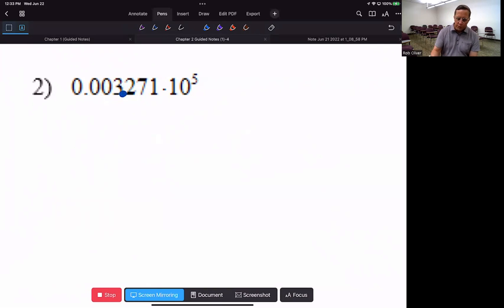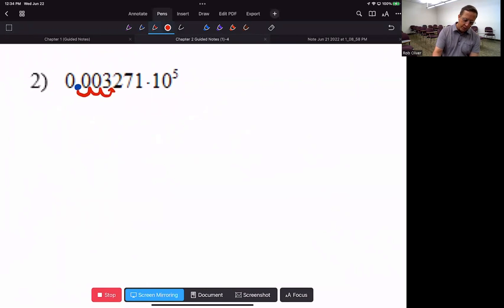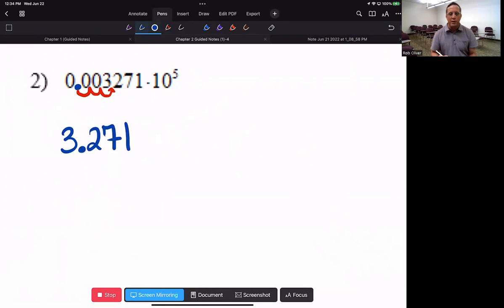Now, how far did it move when we did all that? Well, it moved a total of 1, 2, 3 places. It moved 3 places. All right. So when we change this, we're going to write this as 3.271, 3 and 271 thousandths. And then